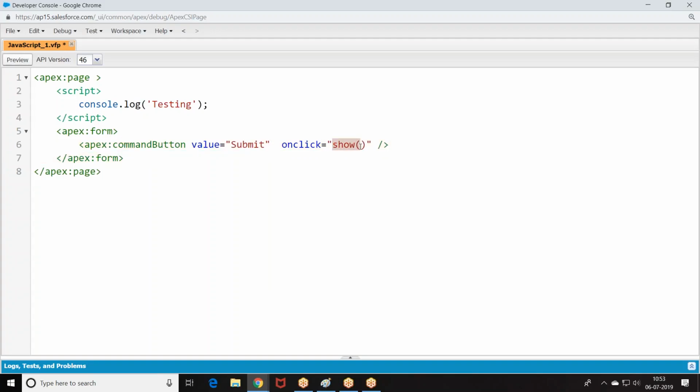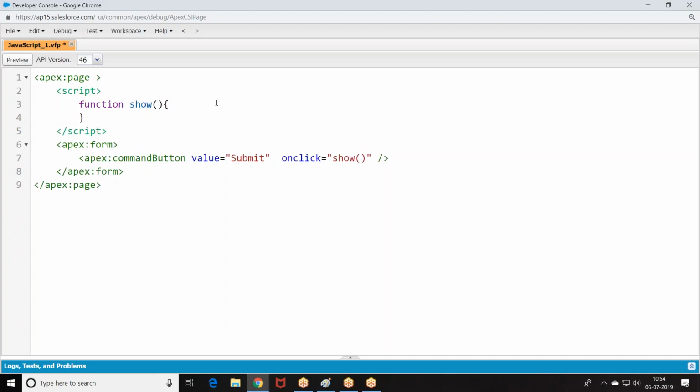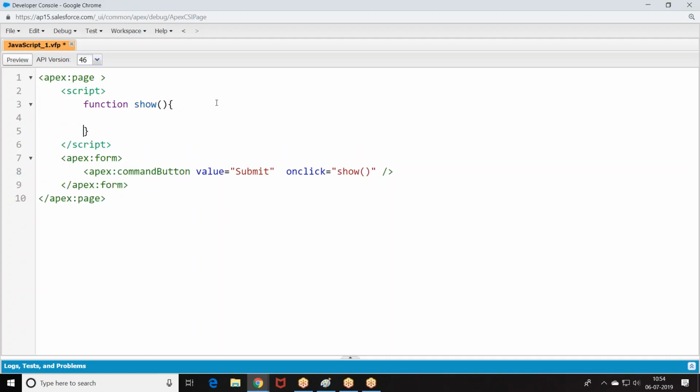It is a function. How do you define a function in JavaScript? Look at the function. This is how we write the function. Function show. Suppose I want to give here console dot.